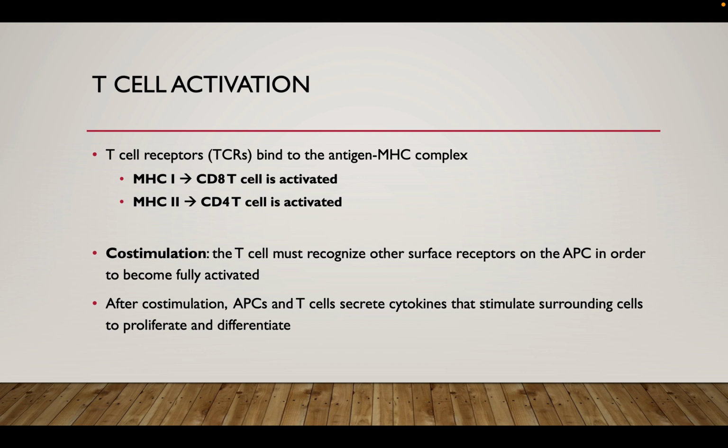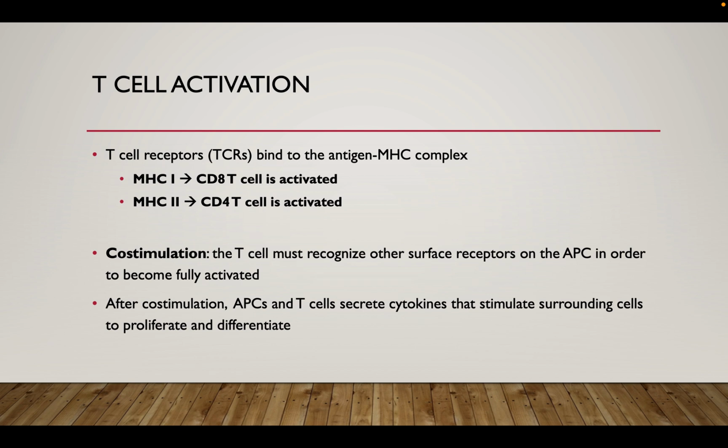So this is what I was saying, you have to have interaction between the T cell and self-antigens as well as the foreign antigen that's presented on the MHC molecule to prevent an